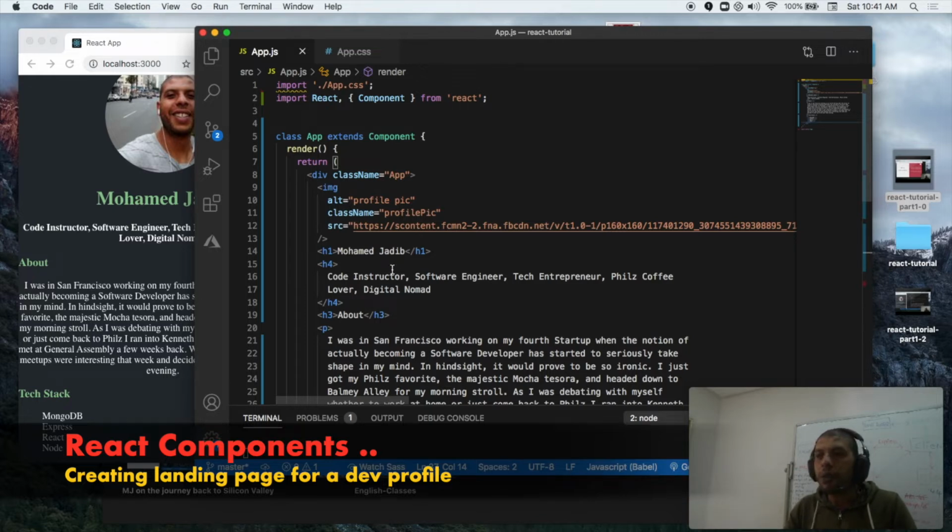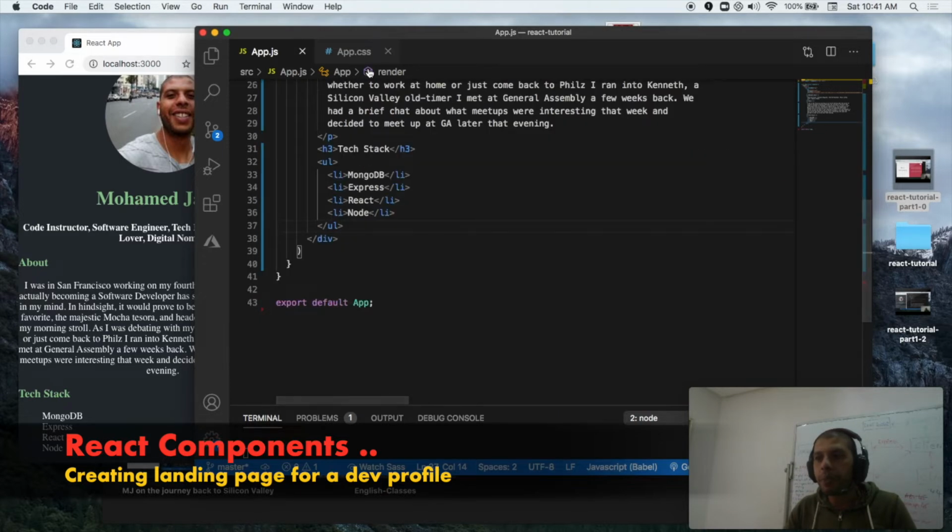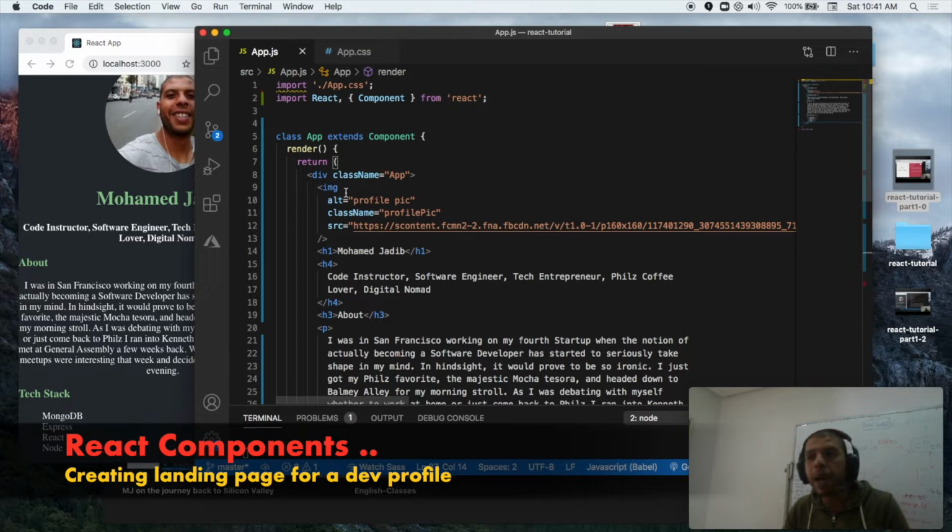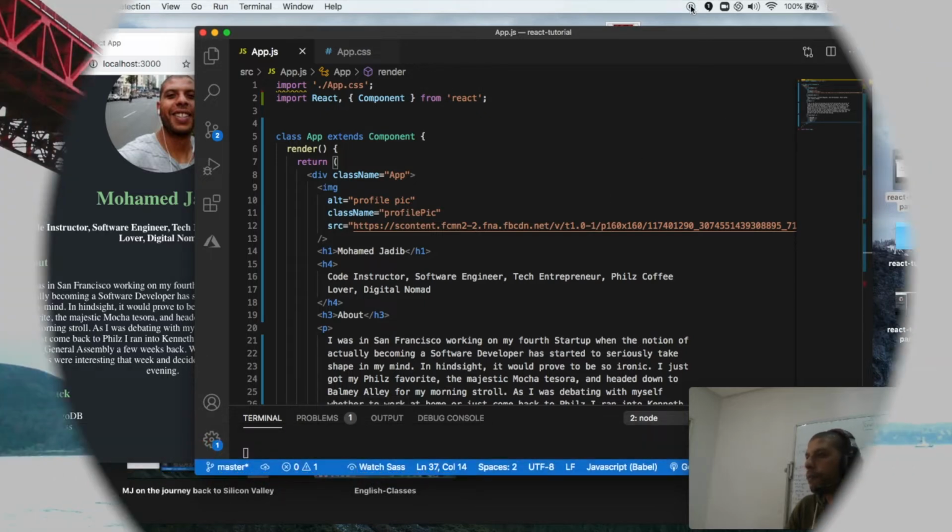So what we want to do next is actually create a component that contains our dev profile HTML elements, and then render that component in the app versus building our entire site in it. We can build our entire site this way, but that is not the way it is done in React. So the next thing we want to do, guys, is